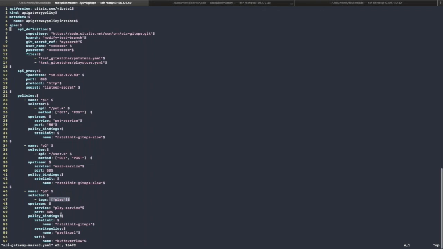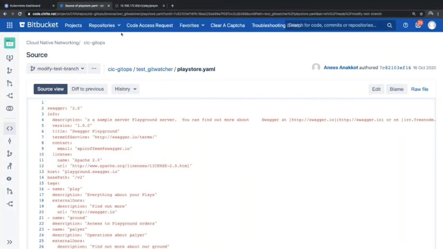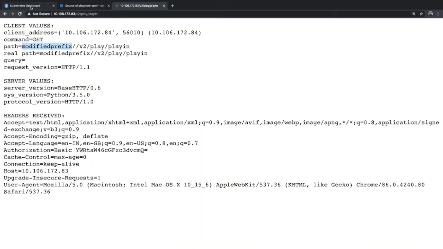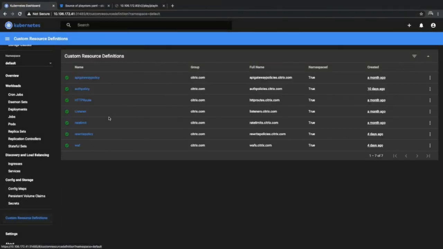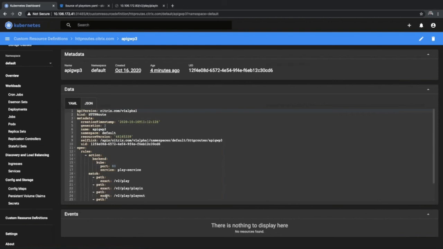So let's look at whether that is applied and how it is applied. The first thing we need to look at is whether our routes are set for this new API or not. So we come to the policy.